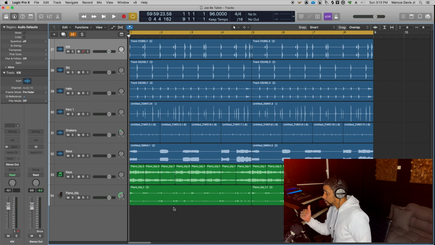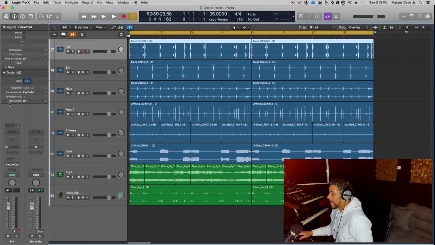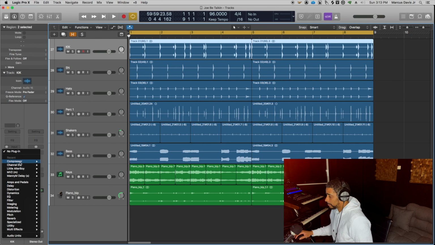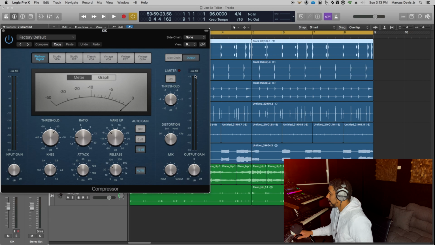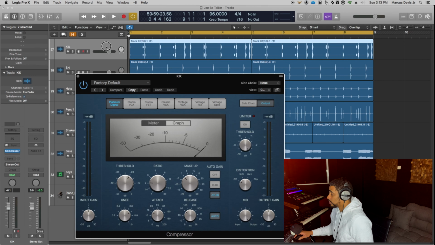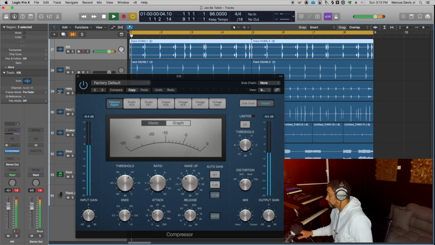And also not just on our mixer, but in our plugins. For instance, let's say I add a compressor. We'll go add a compressor real quick. Our compressor also has an output here, and we don't want to be clipping here either. Let's just see what this is doing to the kick. Right now we're safe,